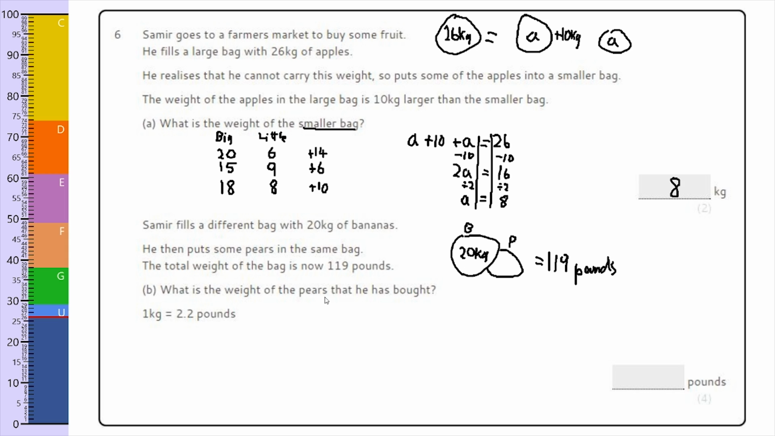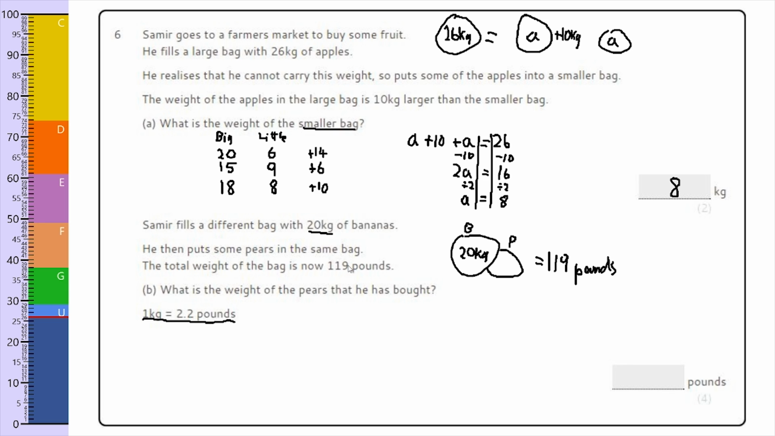What is the weight of the pears that he has bought? And it's given us a little clue here: 1 kilogram is 2.2 pounds. Okay, so let's have a look at the question. First thing I would want to do is convert this into pounds, because we've got a question here where we've got kilograms and pounds, and you want to just be working